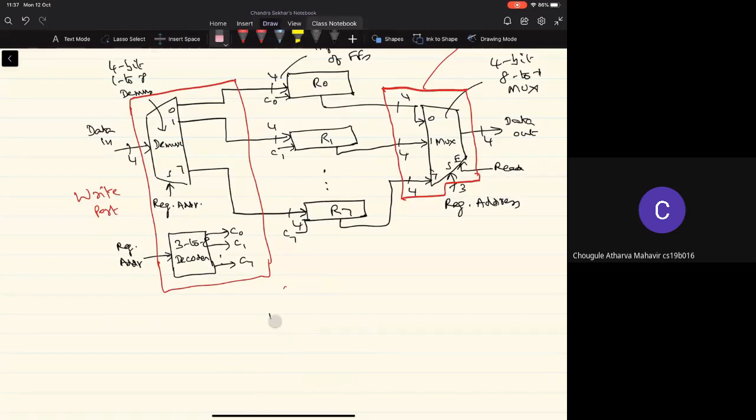If I want write operations to two different registers to be done simultaneously, is it possible to have simply two write ports? That's what you've done for the read operations, right? You've seen that it's just a duplication of the logic for each of the ports, to have multiple read ports. So the question I'm asking is, is it possible to have multiple write ports by simply duplicating the logic that we have for the write port?